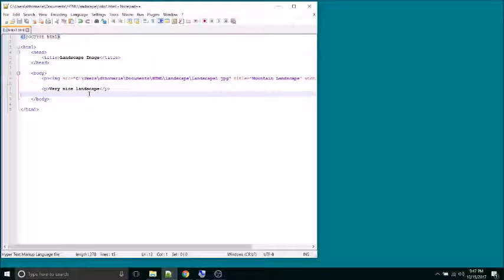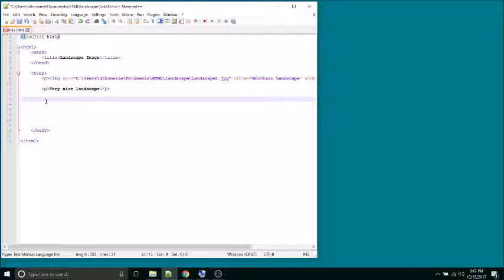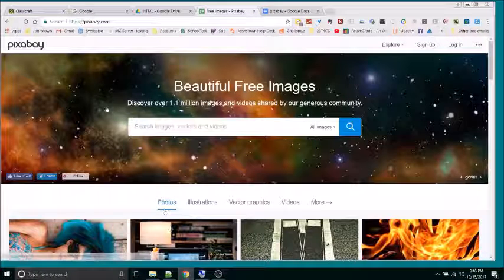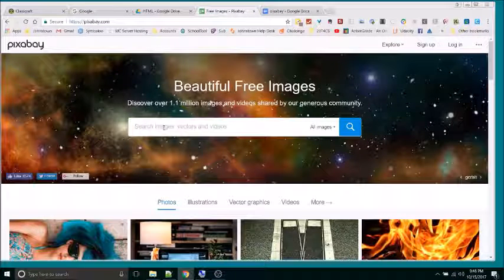I want to add a new image and I want to link directly using that image to a Wikipedia page on that image. So in here I'm going to start my image source code, but I don't have my image yet. I just want to put that there so I know where I'm coming back to. So now I'm going to go search for that in Pixabay, and I want a picture of a lake,